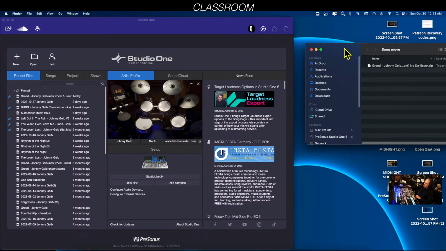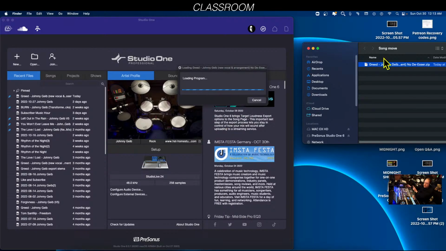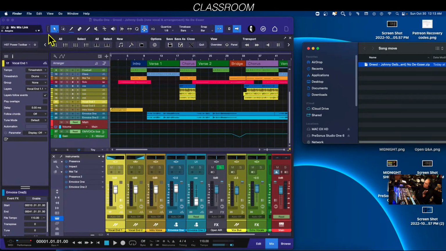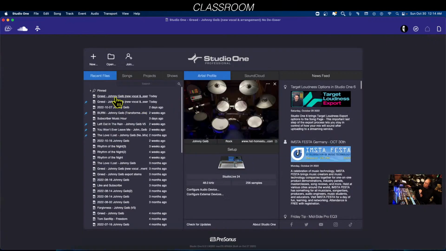I am literally going to take this zip folder, and when you get it on the new machine, you can literally drag this guy right in here, and Studio One is going to open the zip. It's going to open the zip. And if you watch carefully, let's see if we have any missing file issues. Now, of course, I didn't move it to a new machine, but you guys get the general idea. Okay, there it is. It opened the song, and it put it